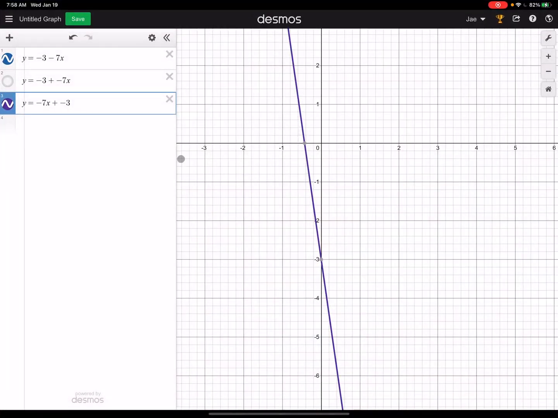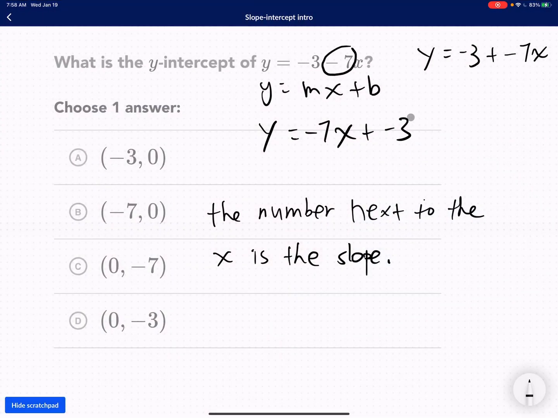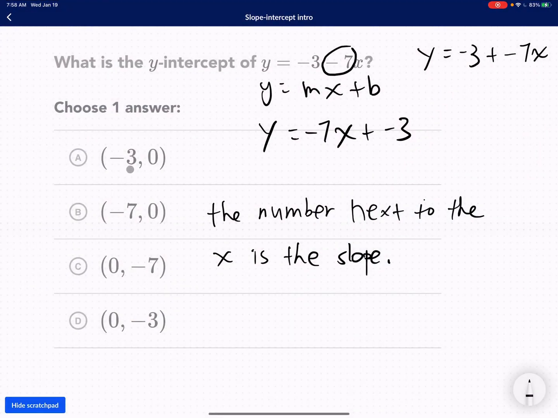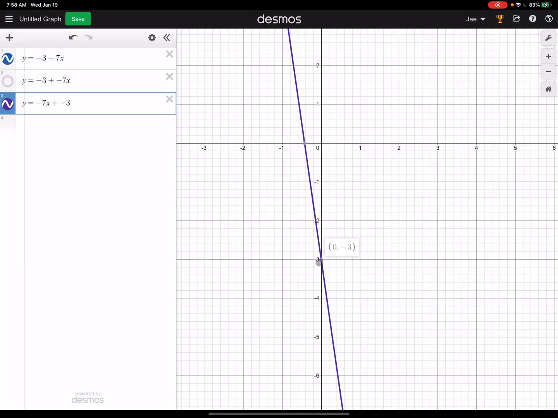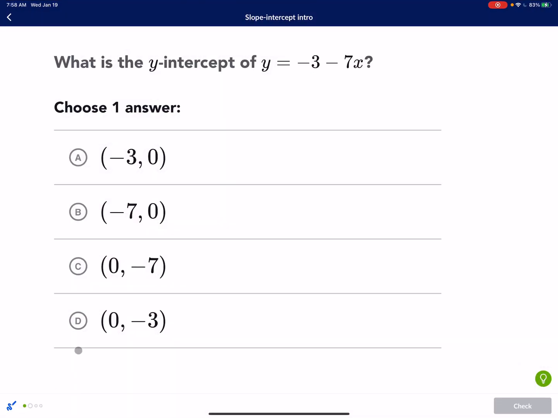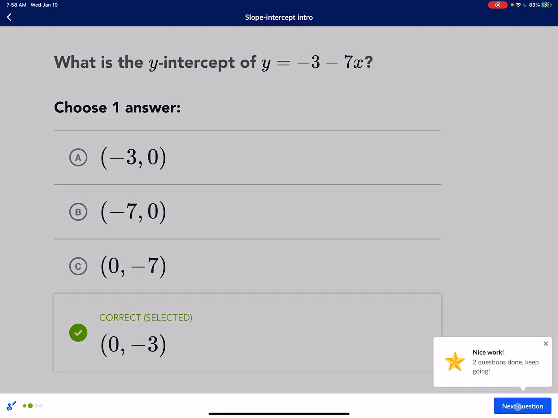And so what's my y-intercept? The y-intercept obviously is -3. You guys see this b? This b is -3. Then it's going to be right here. 0, -3. So my y-intercept is 0, -3, right? So I'm going to go here. We're going to 0, -3. And I encourage you guys, if you want to check your answer, use Desmos, right, to check your answer